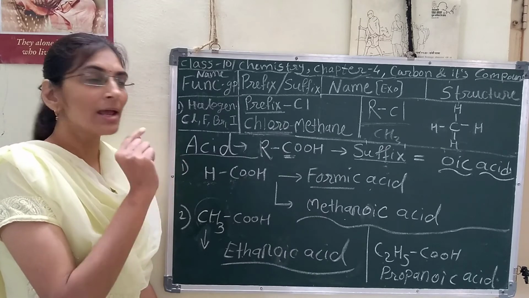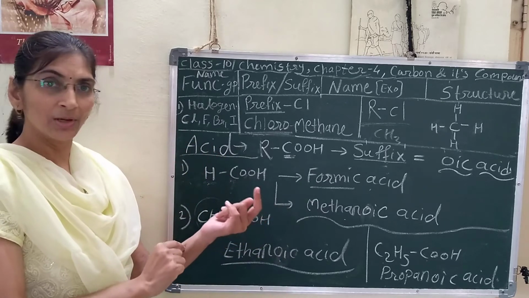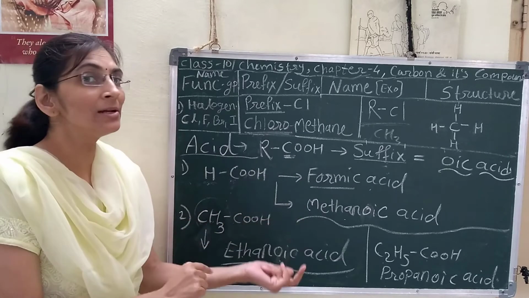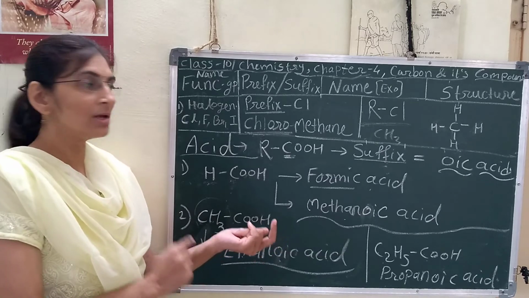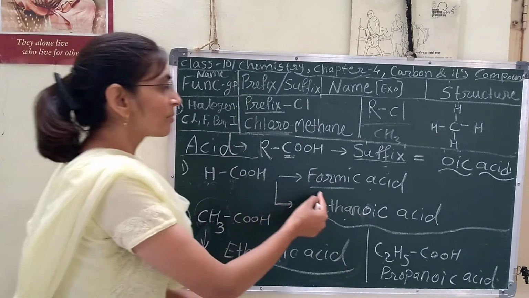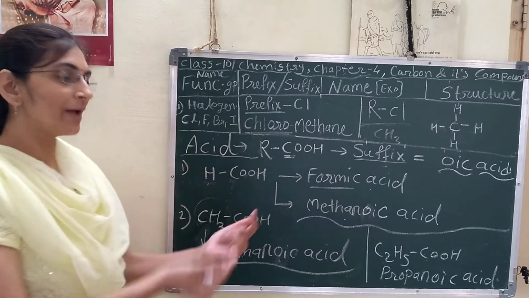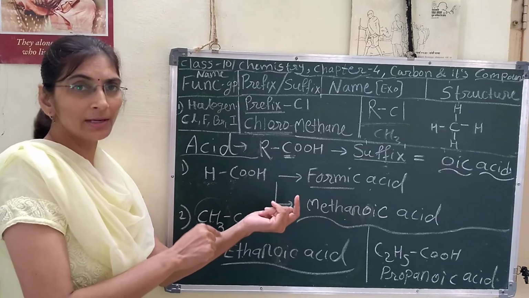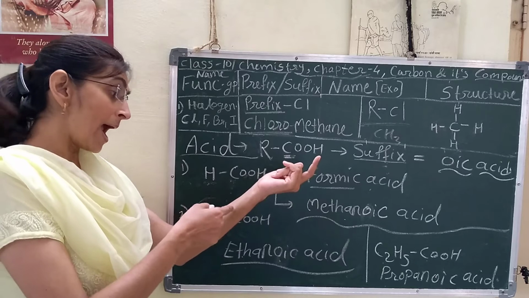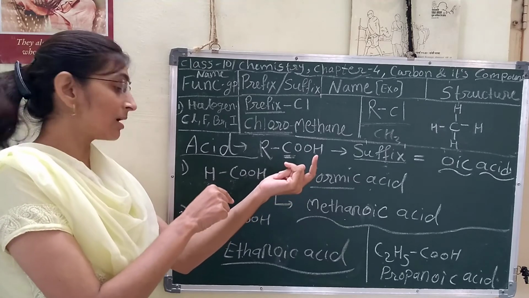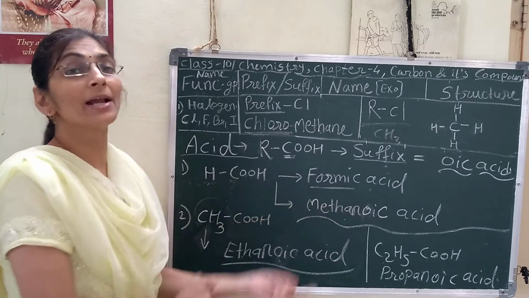And that's why, as the property of acid is corrosive, when the acid comes in contact with our skin, the burning sensation will be there. As formic acid is present inside the sting of an ant, when the ant bites, what happens? The ant will pour this formic acid from its sting inside our skin.